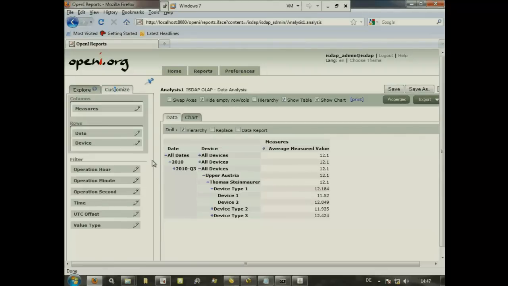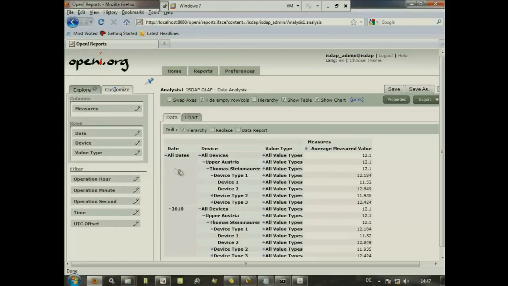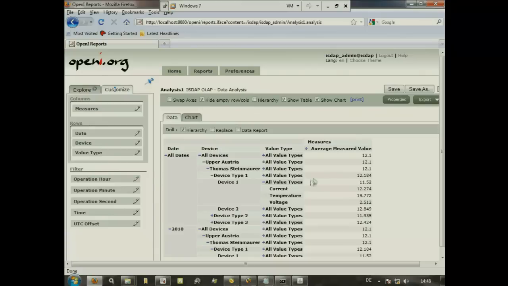I can customize the things here. For instance, I'm also interested in the value type, because it doesn't make much sense to have an average value across voltage, temperature, something like that. We also can drag and drop the value type dimension here and see how the different average measure values look for the current, for the temperature, for the voltage. So it's just drag and dropping